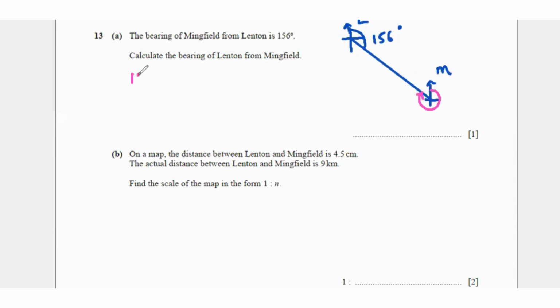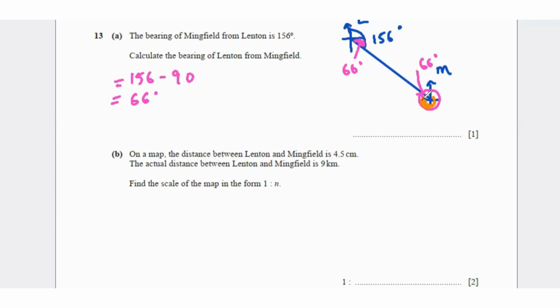So if we do 156 minus 90, that is going to give us 66 over here. So this part over here is 66, which means since in parallel lines, alternate angles are equal, this is going to be 66 as well, which means